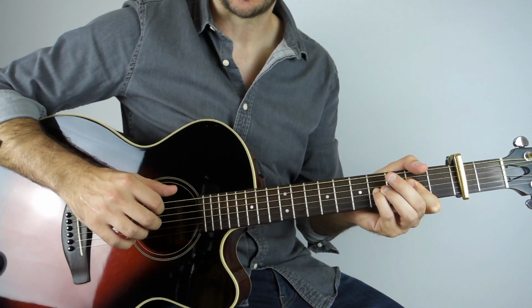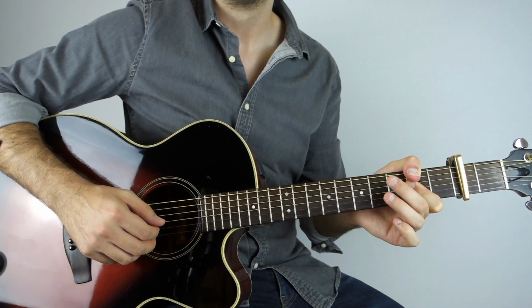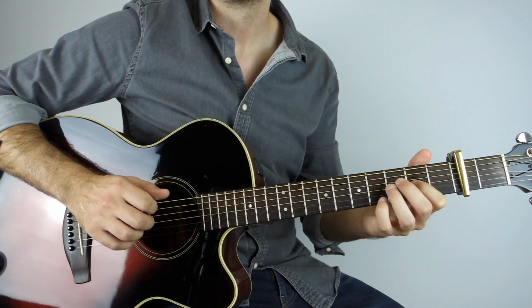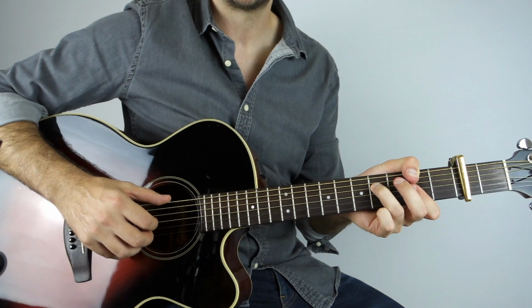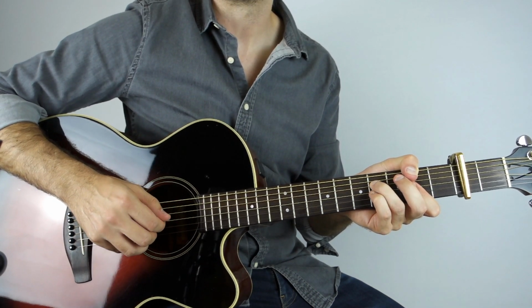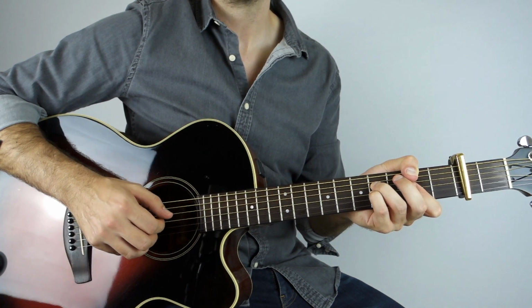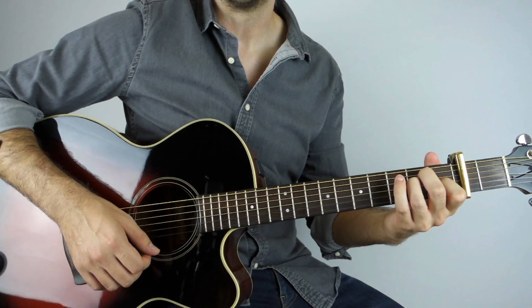And then we go to the F sharp minor. So we play the bass note, 2nd fret on the low E string, and then, okay, so on the F sharp, we play the bass, and then we're going to play a 2nd fret on the 2nd string twice, then the 4th fret on the 3rd string, then the 2nd fret on the 3rd string, and that leads you to an E chord. Okay, so